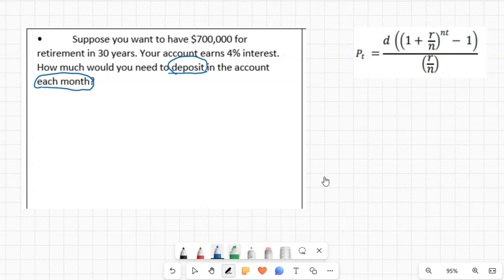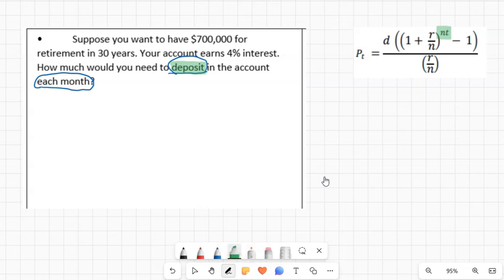One thing about the deposit is because we are depositing, this account is going to grow over time. What about this formula makes it grow is the fact that we have a positive exponent. The positive exponent makes this account grow over time, which is different from the loan and the payout annuities where it shrinks over time. This one has the positive exponent. Okay,